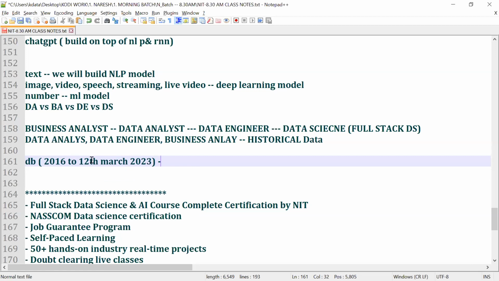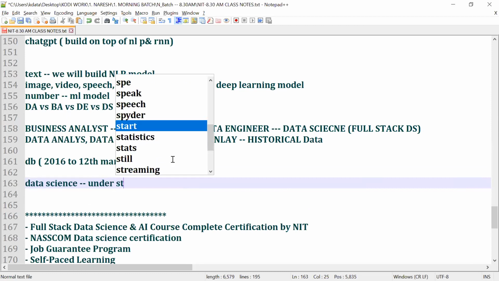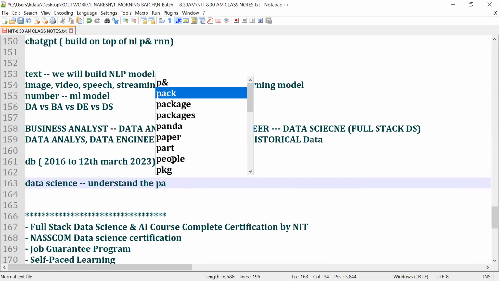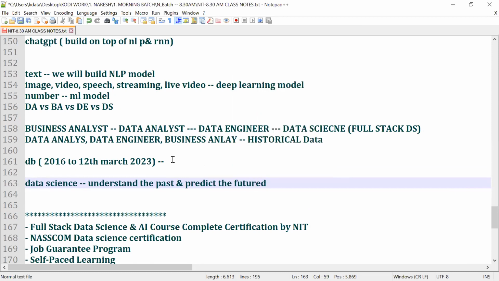I hope you understand, guys. To analyze this data, we require these 3 roles: BA, DA, data engineer. But data scientists understand the past and predict the future. Do you guys understand or not?